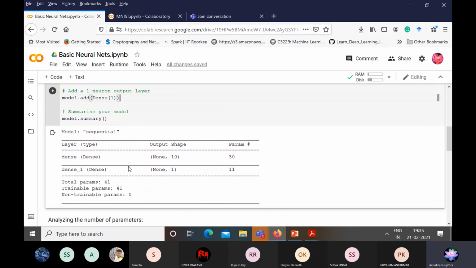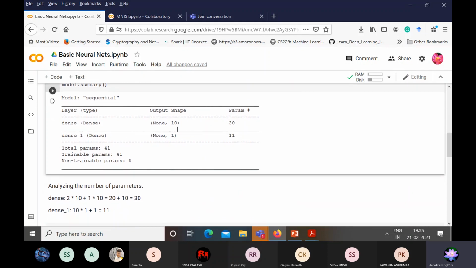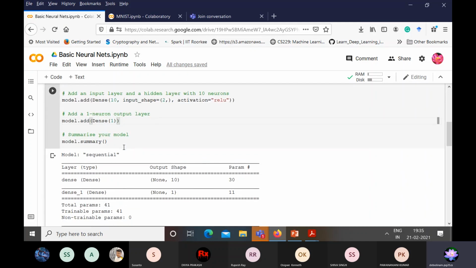When you do model.summary, it looks something like this. We have the dense layer, first layer, and the second layer. You might want to understand how the computations are taking place. In the first dense layer, we had two neurons, right?